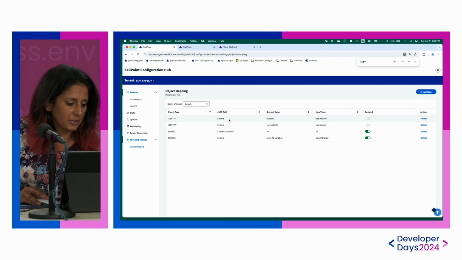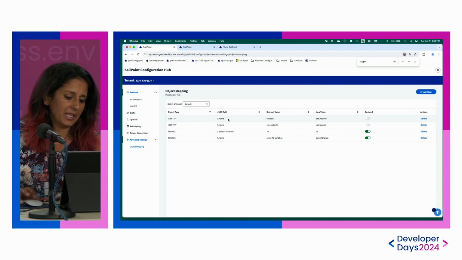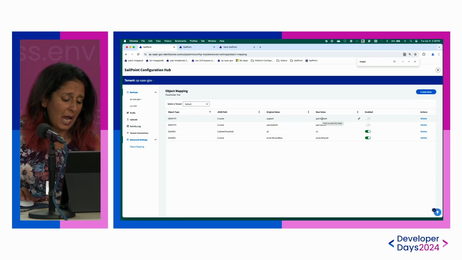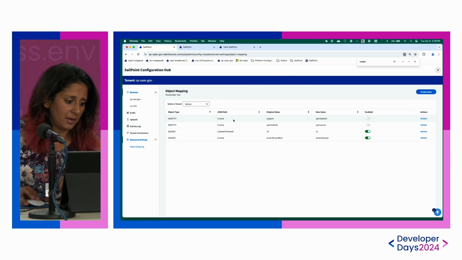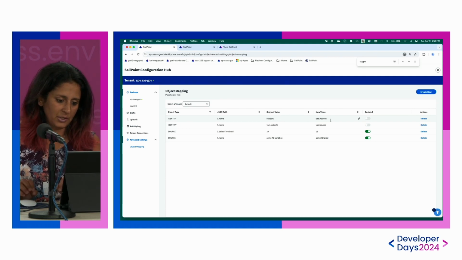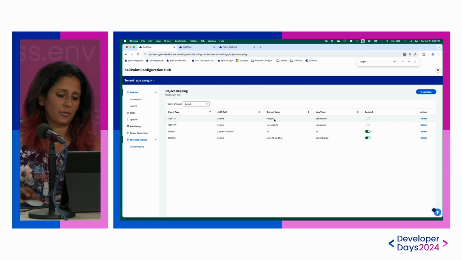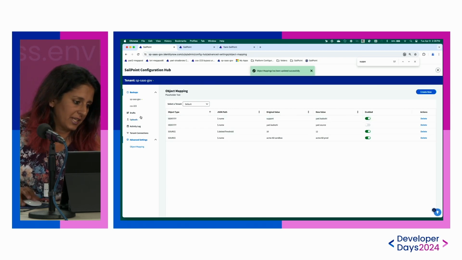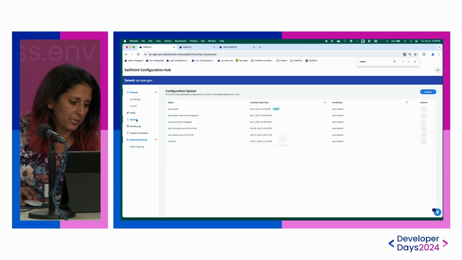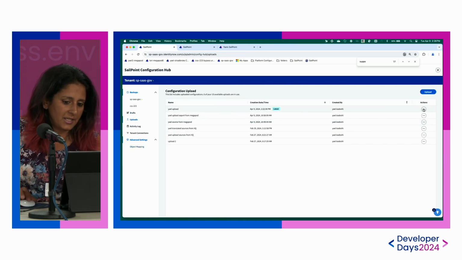Here I created a substitution rule that is basically going to apply a new value: wherever Configuration Hub identifies identity named support, it is going to substitute it with Yael Kadoshi, which I know exists in this tenant. As we saw before, there was a reference issue. Now, this was disabled when I created the draft, so I'm going to enable it now. And next time I create a draft from that upload,